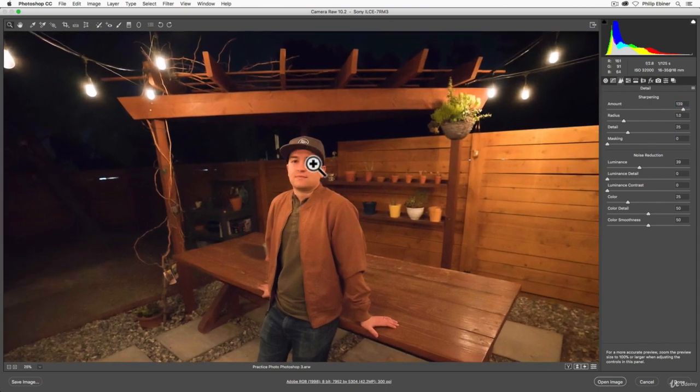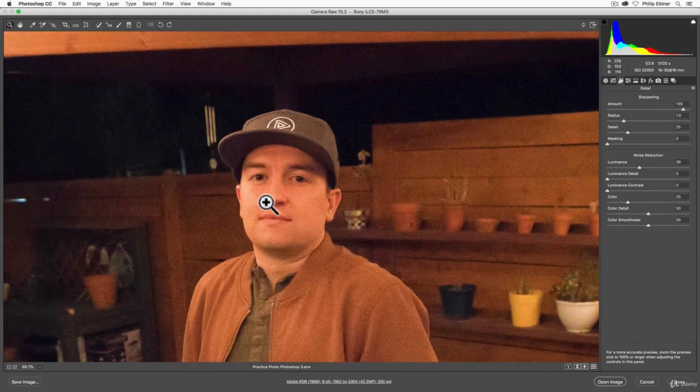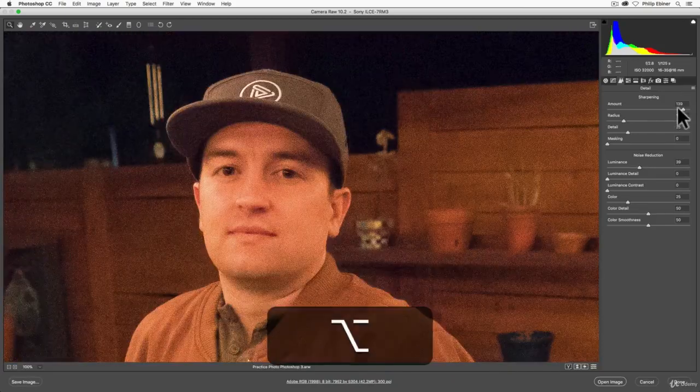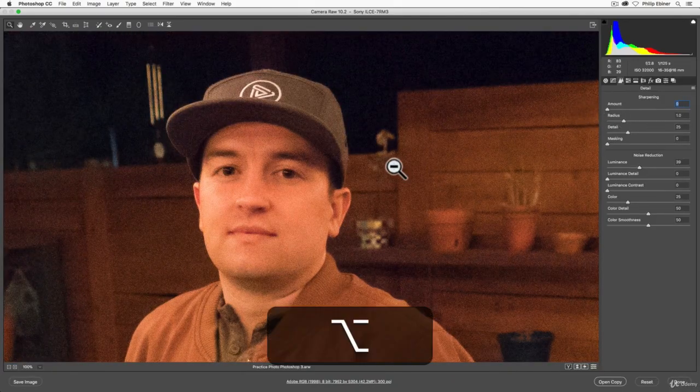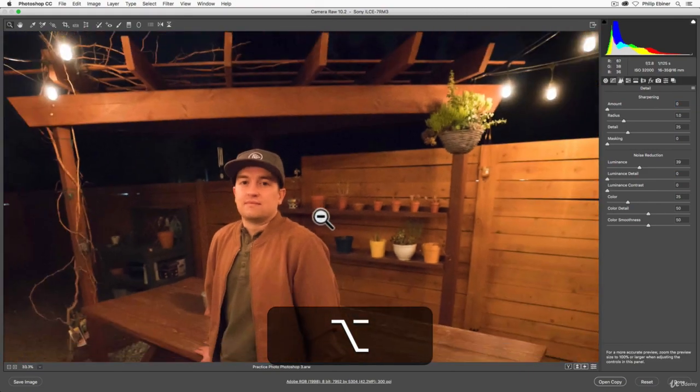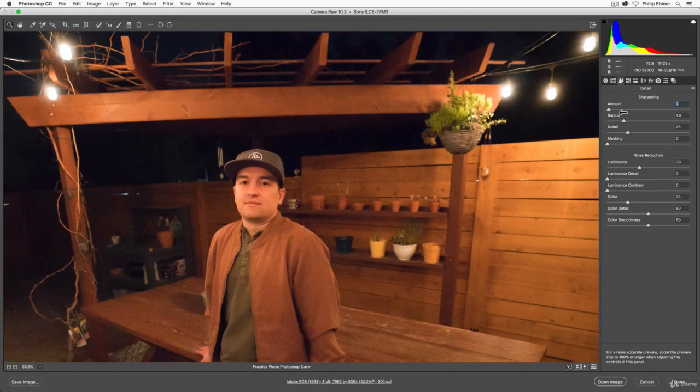And now we're zoomed out so far, it's really hard to see. So I'm going to go ahead and zoom back in. And if I drag this all the way to the right, you can see that it starts to become sharper, but what's happening? It's adding back digital noise. And that's what I'm saying, is that you have to kind of be careful about reducing noise and sharpening because they kind of combat each other.